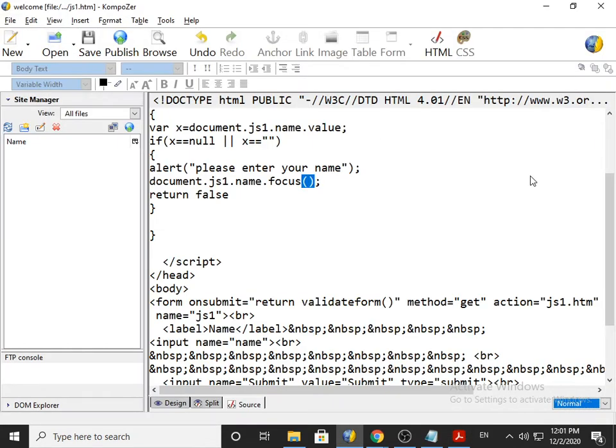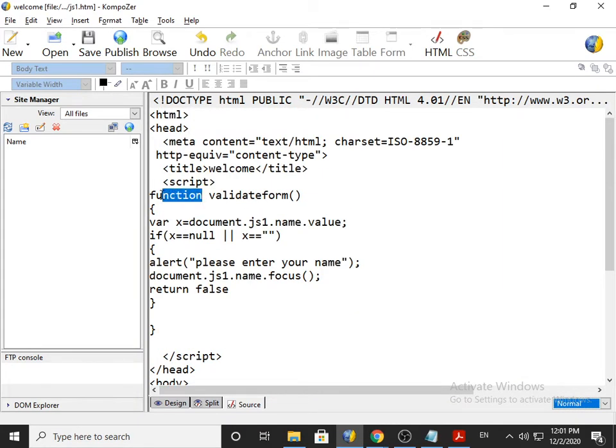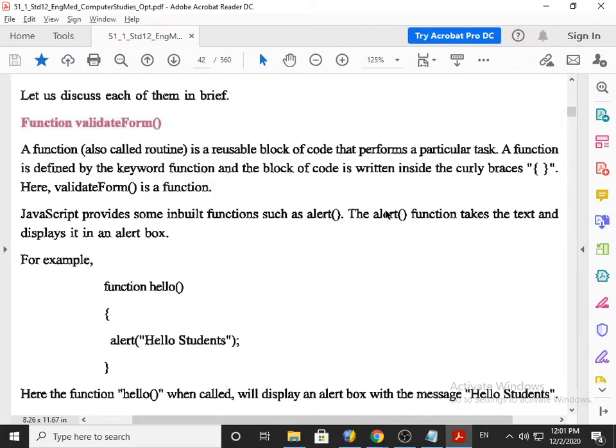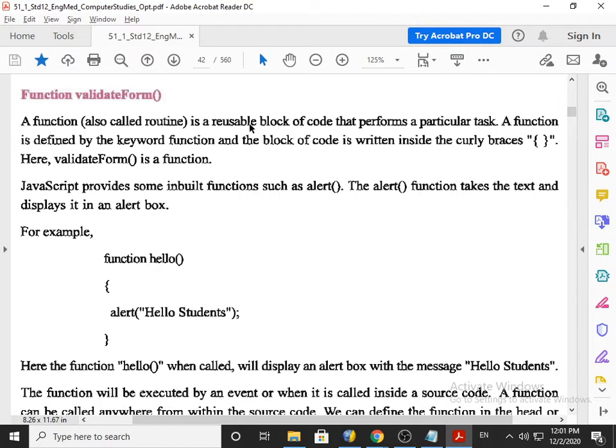We already discussed that the keyword function is used to define the function and the instructions of the function are available inside the curly bracket, which is known as a block. Now here validate form is a function. These both lines where my mouse cursor is moving were asked in board exams 4 times, important.